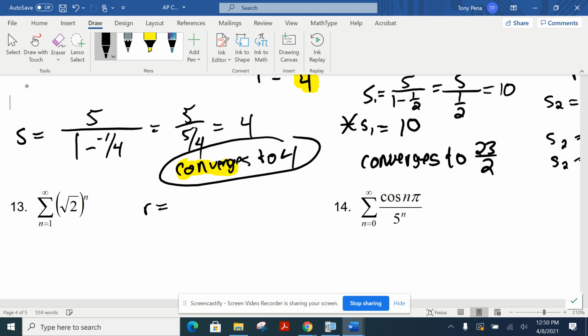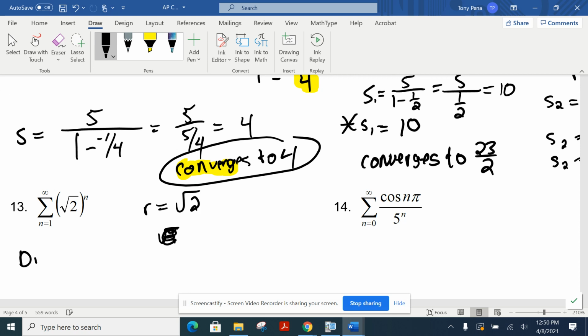Diverge, because what's our ratio? Root 2. So you have to kind of have an understanding of what root 2 is, but clearly root 2 is greater than root 1, right? And root 1 is a 1. So root 2 has to be greater than 1. So the fact that your ratio is a root 2,